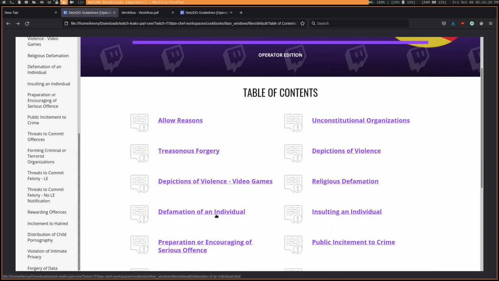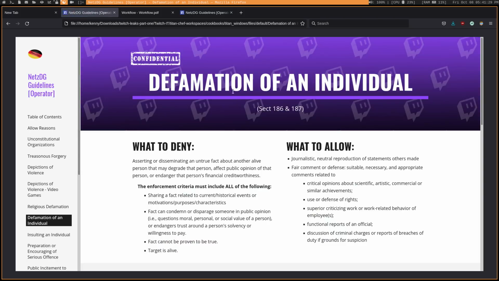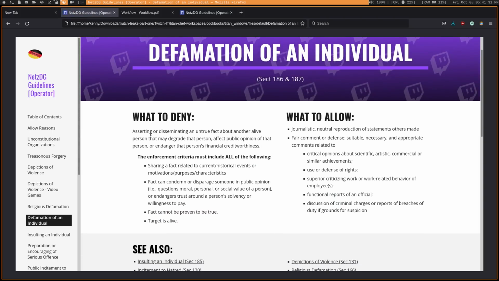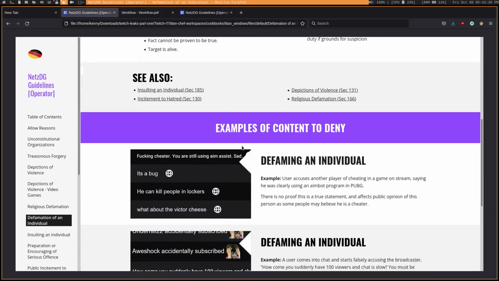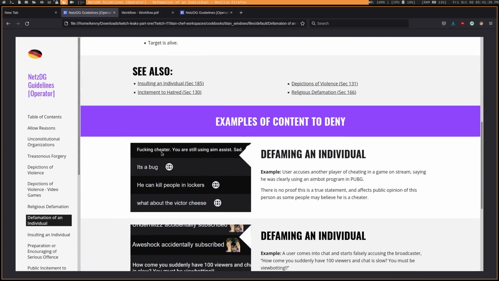Let's take a look at defamation of an individual. Let's see what constitutes that ban. Asserting or disseminating an untrue fact about, okay, so basically the definition of defamation. But let's see examples. Cheater, you're using aim assist, sad, it's a bug, he can kill people in lockers. What about the Victor Cheese? So, user accused another player of cheating in a game on stream, saying he's clearly using aimbot program in PUBG. There is no proof that this is a statement and affects public opinion of this person, as some may believe he's a cheater. So, for something like this, especially if you're live streaming,